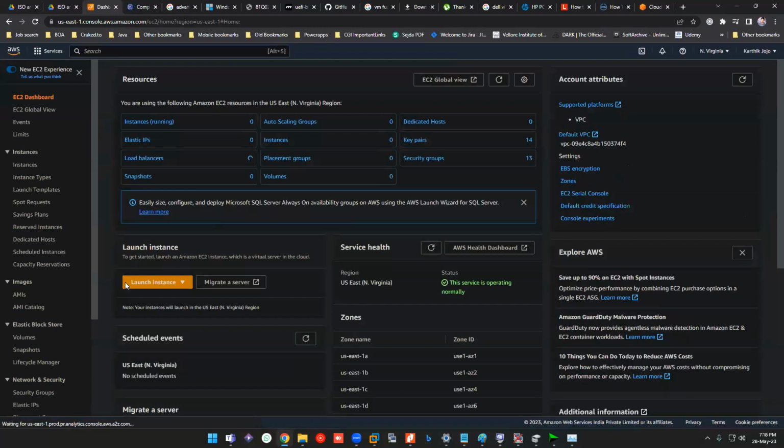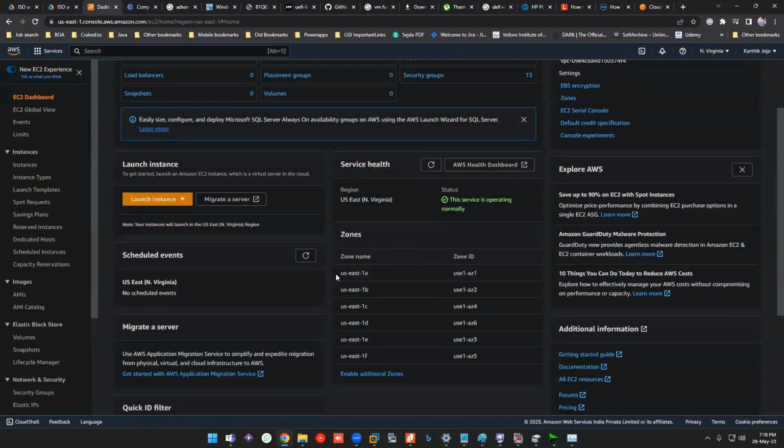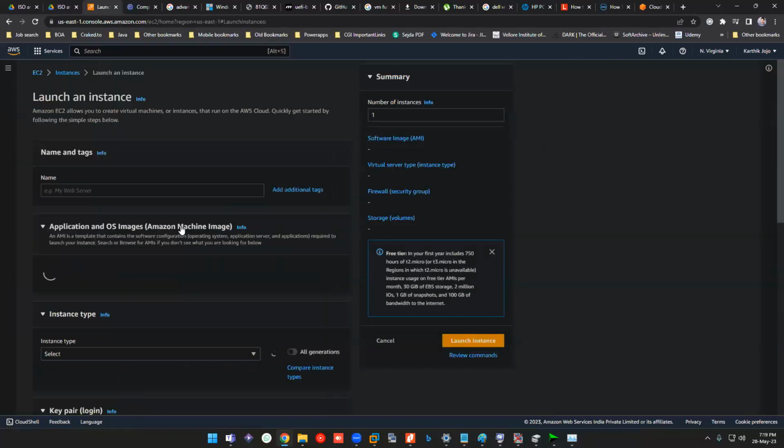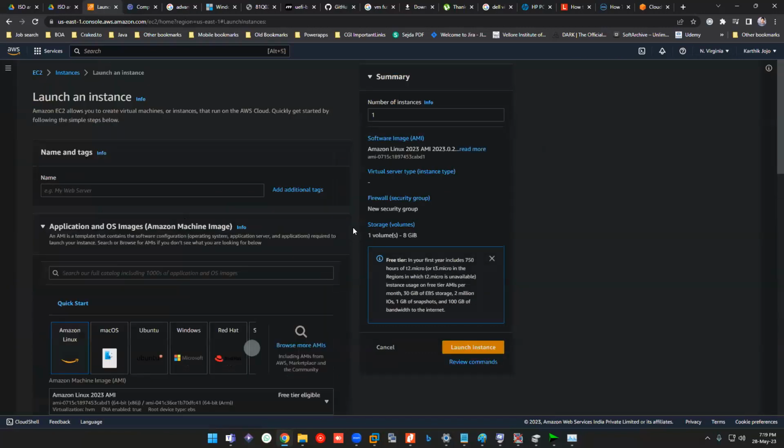Typically you're going to use a remote connection to the data center server from some location, in North Virginia. You can see a lot of zones are there, and each zone will be in some region. Even no one knows where it will be loaded, right? Wherever it is available, it will be loaded. So that is the thing.